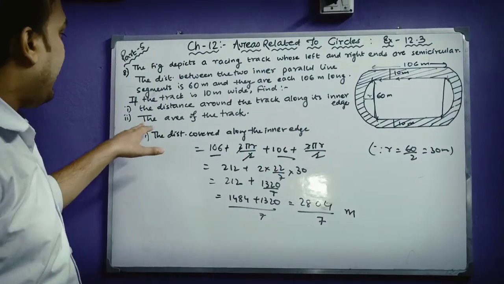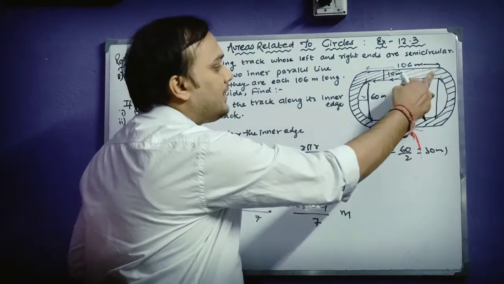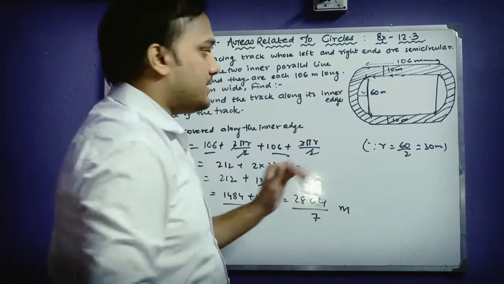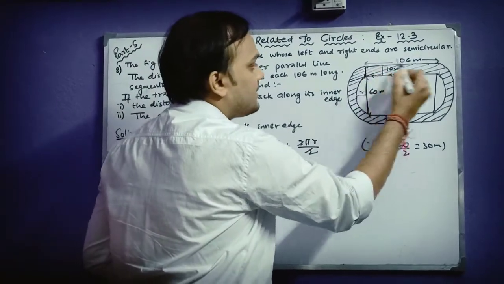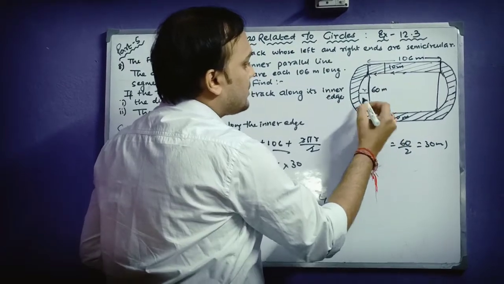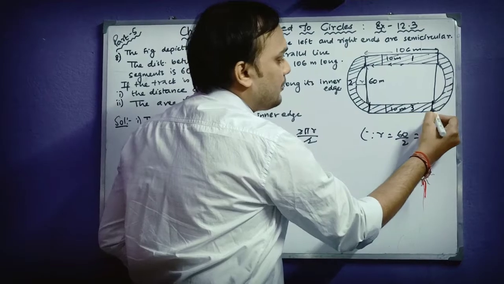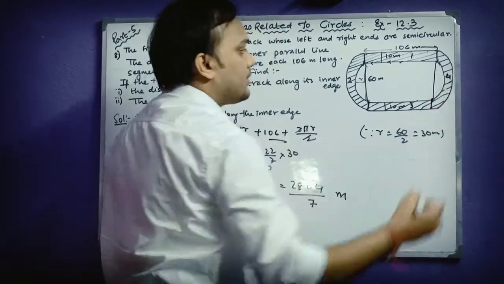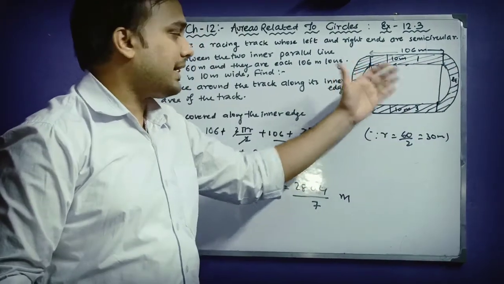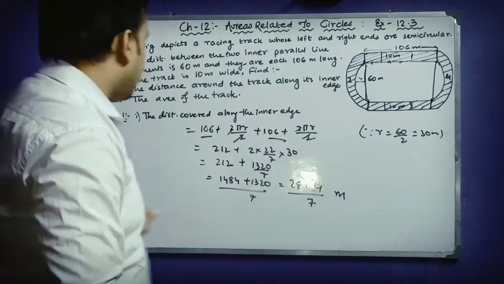Here we need to find the area of the track. You can see in the figure, in order to find the area of the track, let us divide this track into 4 portions. This one is the first portion. From here to here, this is the second portion, this is the first portion, and this is the third portion up to this, and the last portion is this one. So we have divided this complete track into 4 parts. Part number 1 is a rectangle here.